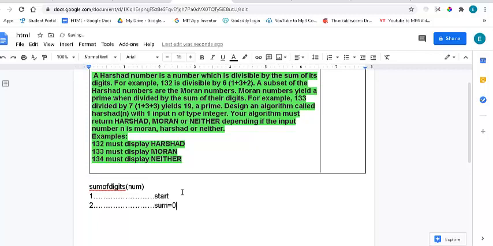we call it sum, to save the sum of all these digits. Because I have to go through a loop, I need an index. So I'm going to call it index or anything you want. Now we are going to start our loop. So I'm going to say if index is less than or equal to length of num, then